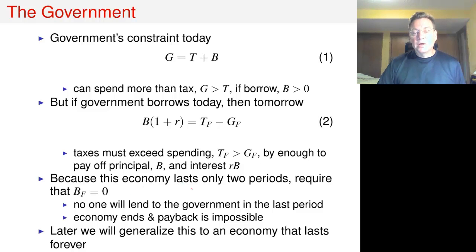In the second period, they're going to have to pay off their debt plus finance whatever they're spending. And that means that they're not going to be able to do any borrowing in the second period. And this, of course, is just the analog to the private individual who is not going to do any saving in the second period,